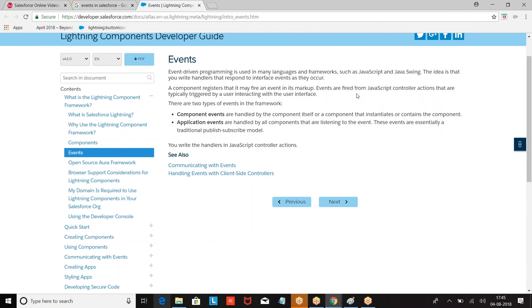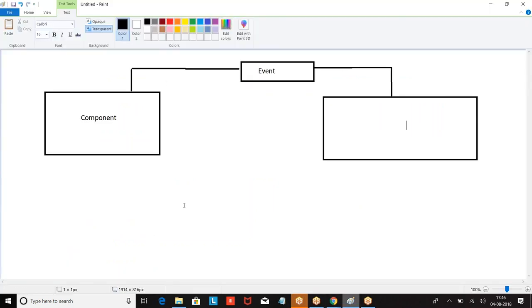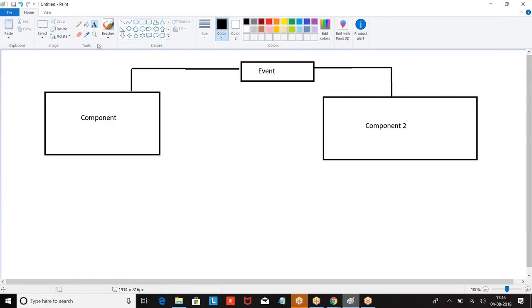So, what are we going to learn? We are going to learn about component events and application level events. First, let me give you an overview. What are component level events? What are application level events? Then we dig into the concept. When I say component level events,